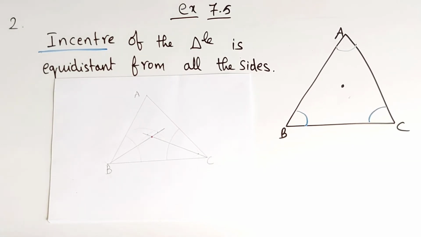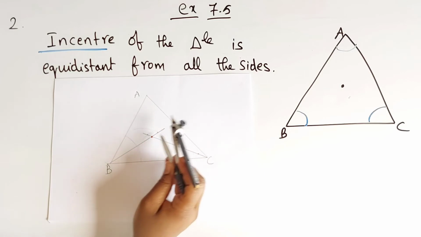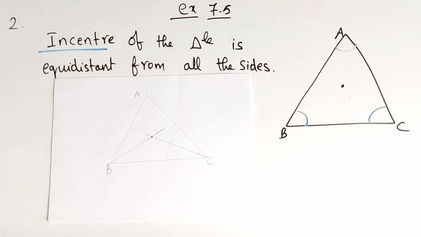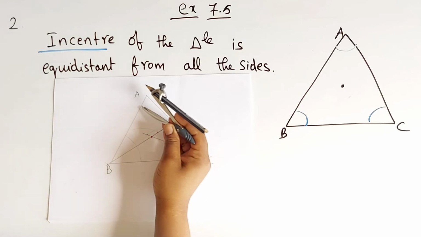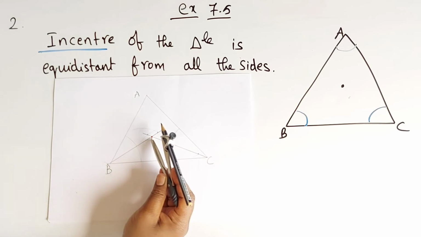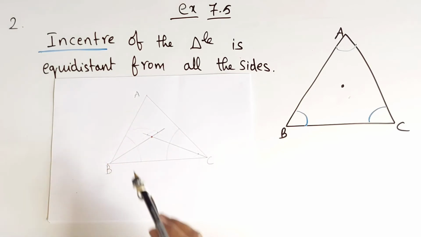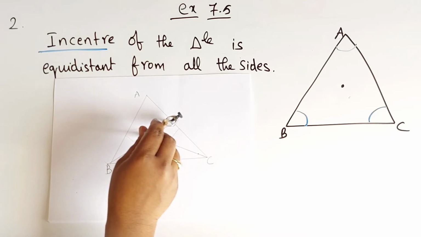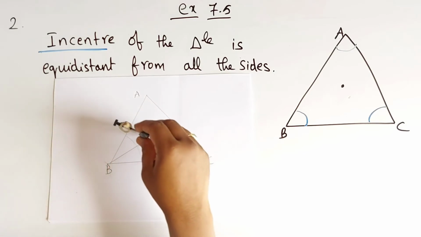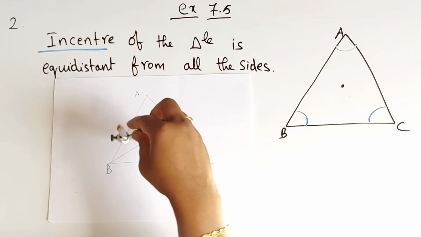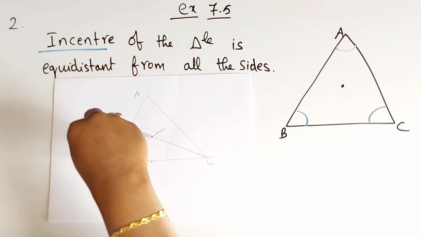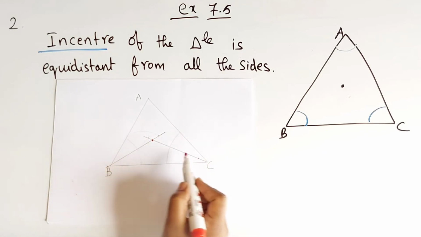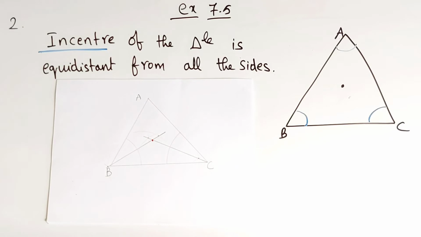Now if you observe, the distance from this point to the opposite side, and this point to the opposite side, is equal. Distance means not from anywhere, children, from the incenter to the perpendicular distance only. Here I am just approximately taking a perpendicular distance. So this is the distance, and this is also equal, and if you observe the third one, this is also equal. This point, the incenter, is equidistant from all the three sides AB, BC, AC.